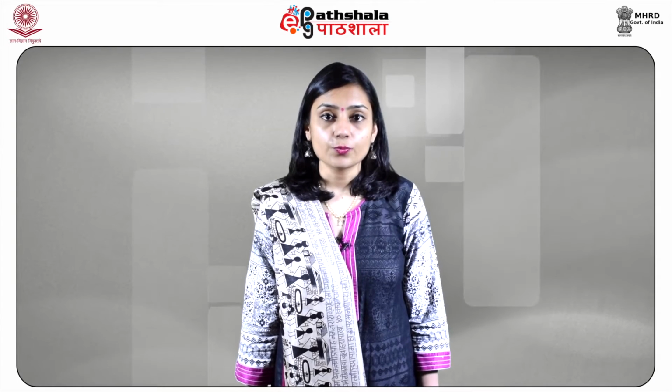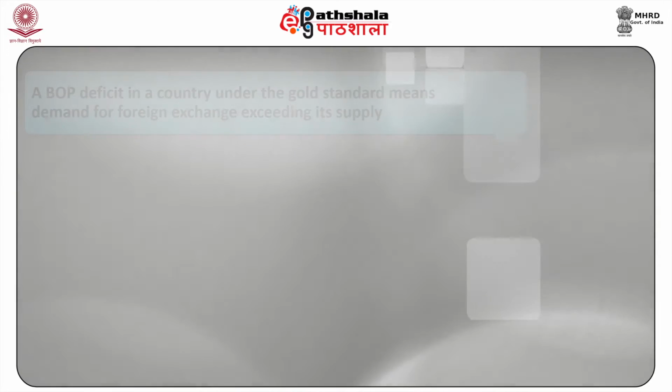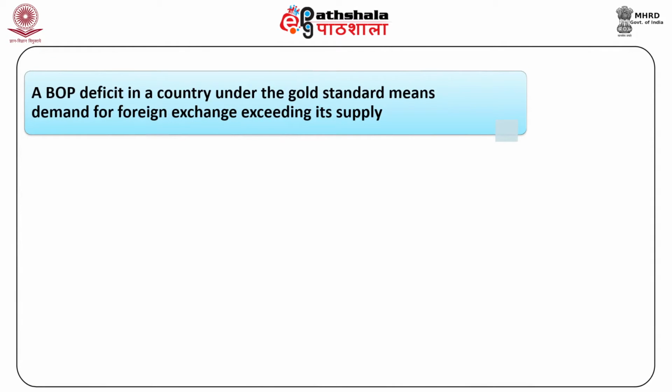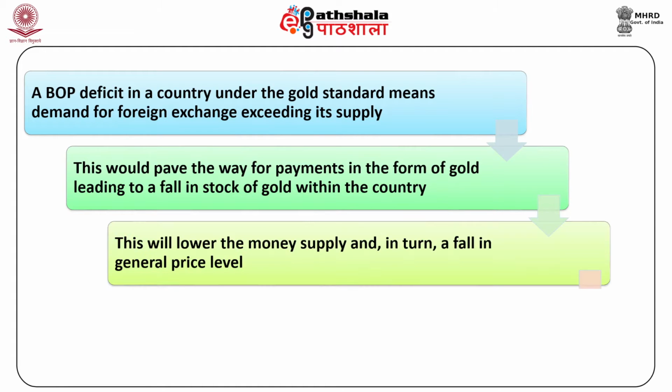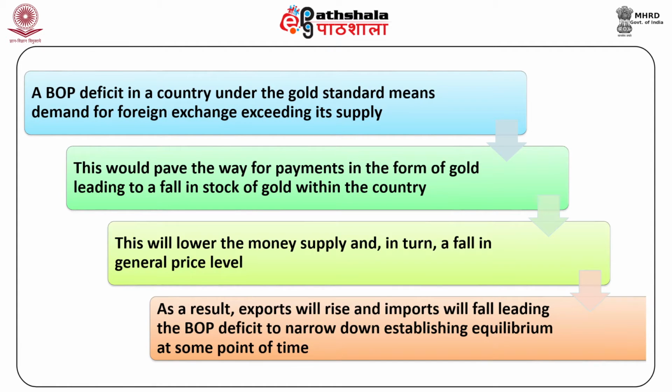An advantage of the gold standard and fixed exchange rate system was that any disequilibrium in BoP of a country would be corrected automatically through a change in price levels, which followed from the operations of the market forces. A BoP deficit in a country under the gold standard means demand for foreign exchange exceeding its supply. This would pave the way for payments in the form of gold, leading to a fall in the stock of gold within the country. This will lower the money supply and in turn cause a fall in the general price level. As a result, exports will rise and imports will fall,